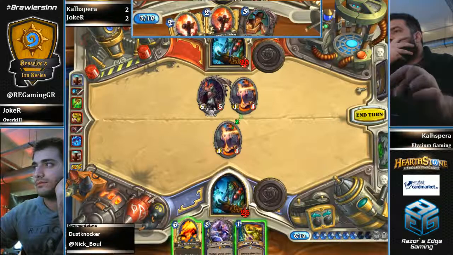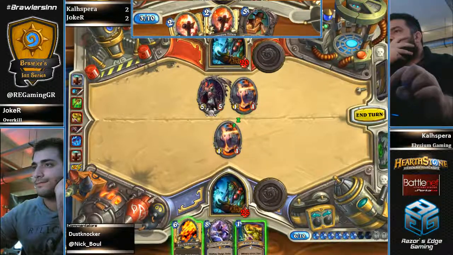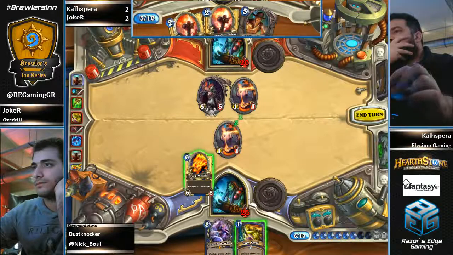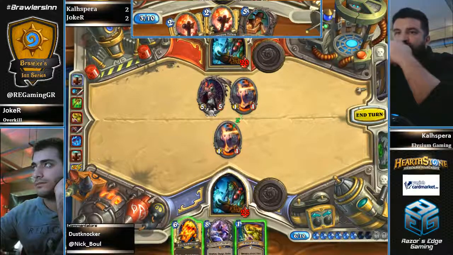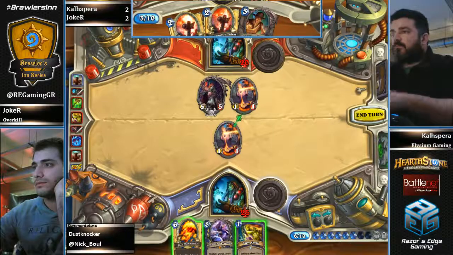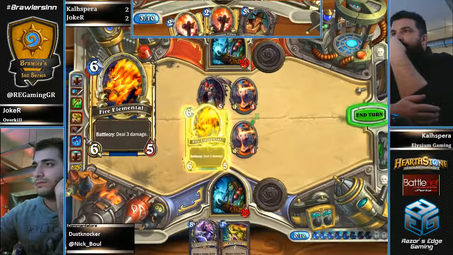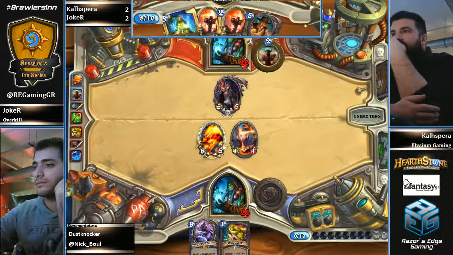He may choose to play a Fire Elemental and deal 1 damage to his opponent's totem, deal 3 damage to either his opponent's totem or his opponent's face. I'm not really sure if that's worth it, especially considering the fact that you have an Alakir in your hand and you may want to use the Earthshock in order to be able to trade Sylvanas. So yeah, let's see what Joker decides is best for him. Really crucial turn, this one. He's gonna play Fire Elemental, get rid of the Flame Tongue Totem, pass the turn back to Kalispera, who finds